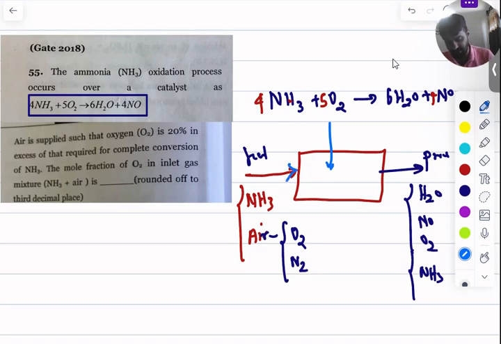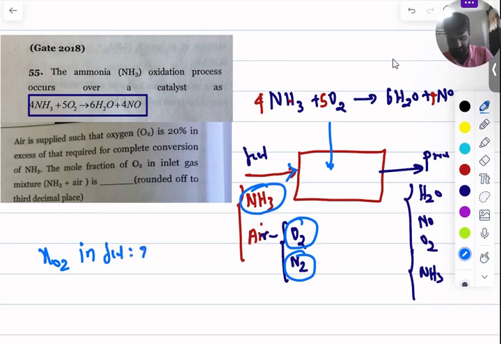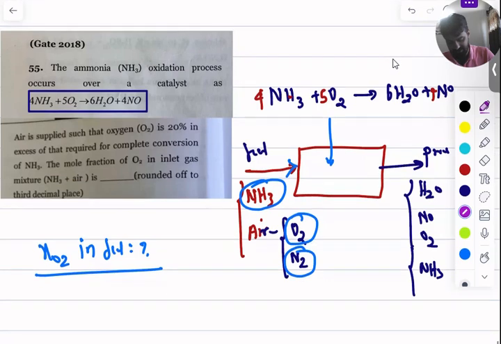reactor. Okay, so they are asking you to calculate the mole fraction of oxygen in inlet gas mixture NH3 plus air. So here you are supposed to calculate mole fraction of oxygen. So NH3 is there and oxygen is there, nitrogen is also there. So you are supposed to calculate mole fraction of oxygen in inlet gas mixture. So X of O2 in feed is what you don't know, but let's try to calculate this thing. But they are telling you air is supplied